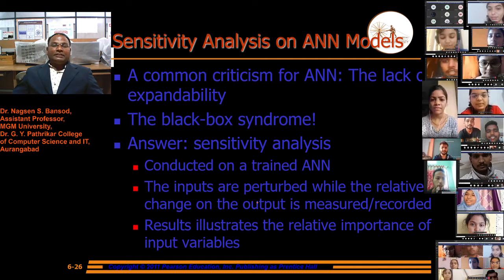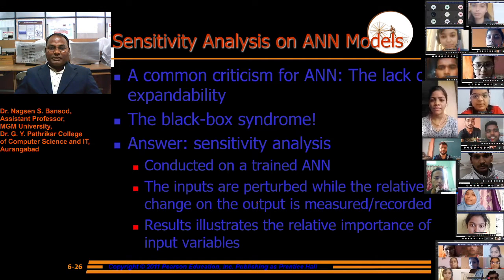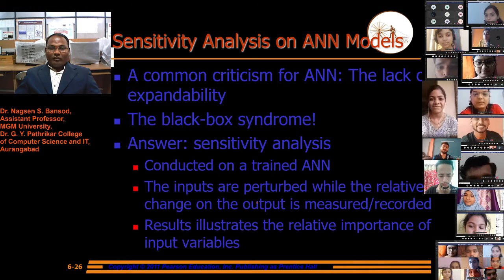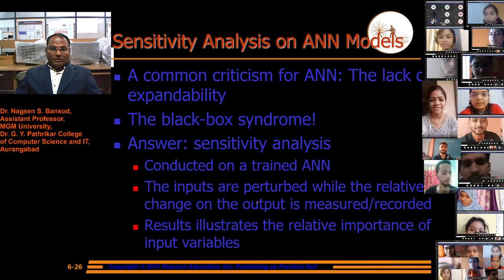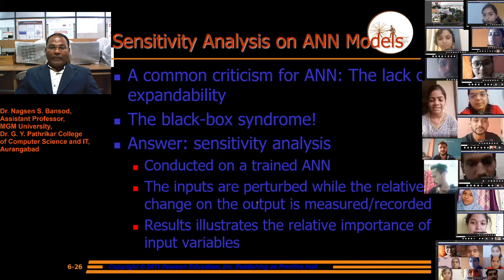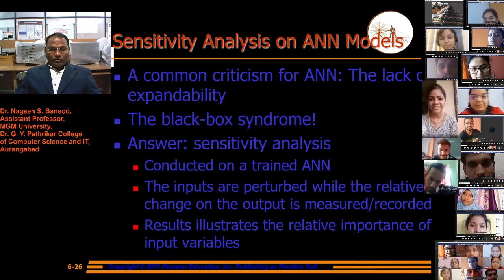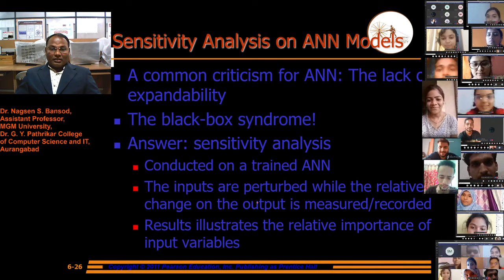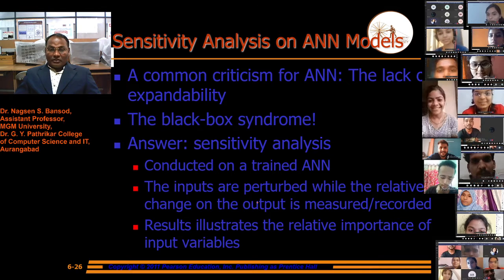Now you see the sensitivity analysis of artificial neural network models. A common criticism of artificial neural networks is the lack of explainability, the black box syndrome. The answer: sensitivity analysis. It is conducted on a trained artificial neural network.